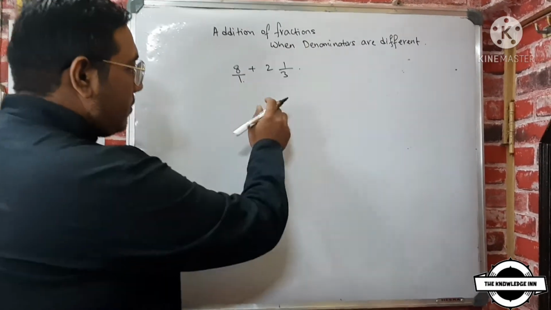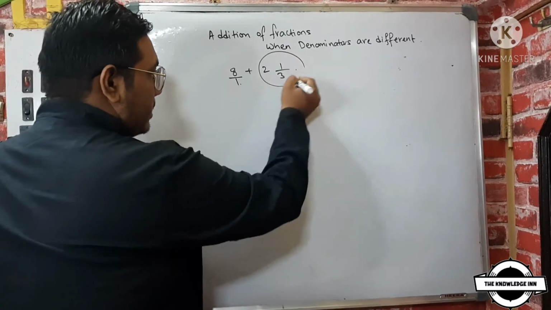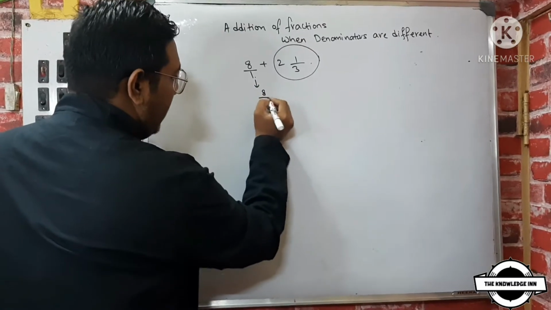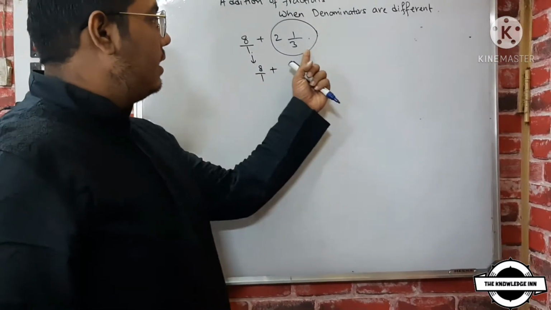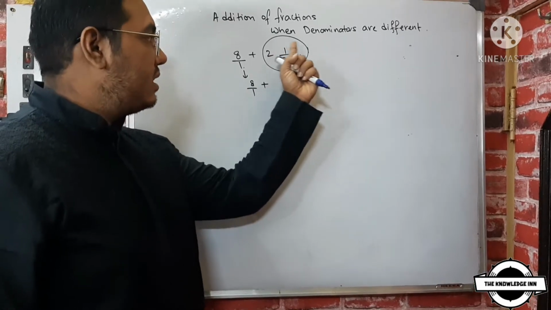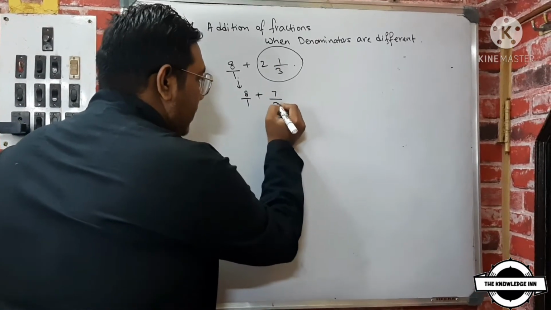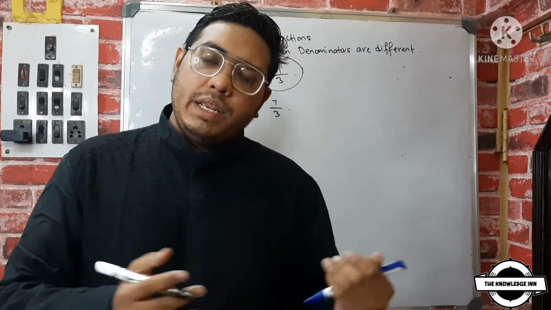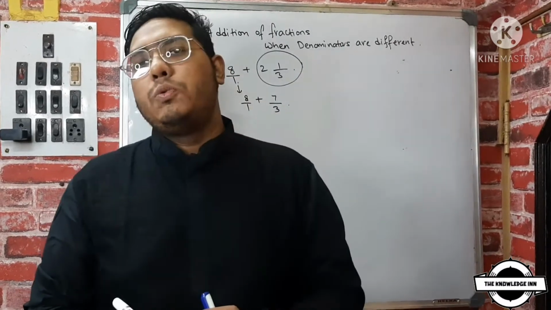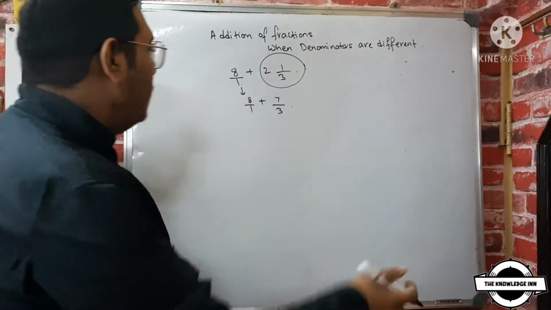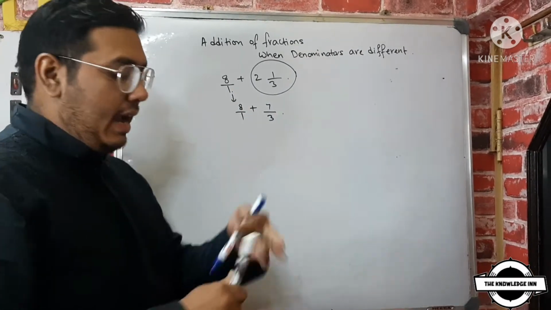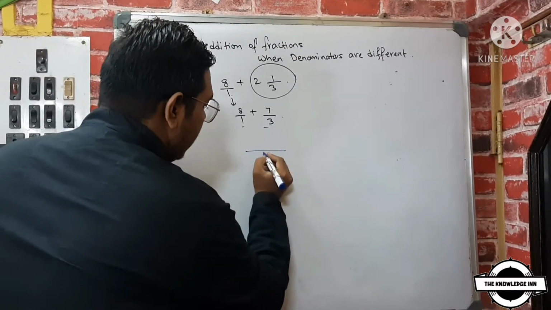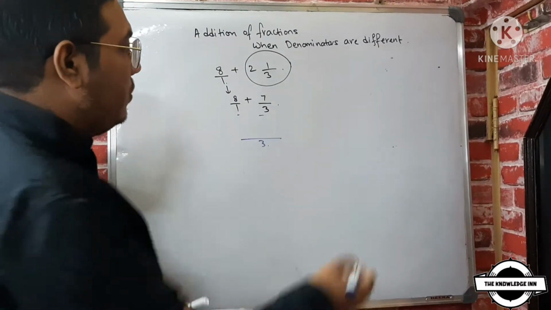Okay. Now we'll convert this into an improper fraction. That means this will come down as it is, 8 by 1, plus 3 multiplied by 2 will give you 6. 6 plus 1 will give you 7. 7 by 3. This conversion of a mixed fraction into an improper fraction, I've already taught you in my previous video. If any doubt, I'm requesting you to please go and follow my previous video. Now, after the conversion is done, we'll take out the LCM of the denominators. Over here, 1 and 3 are the numbers, so 3 directly will be the LCM. For those of you who don't know how 3 came over here, I can just show you.